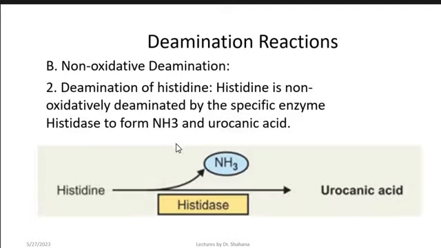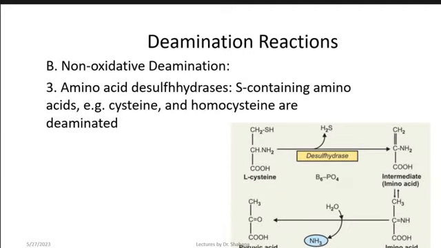सेकेंड हमारे पास हिस्टिडीन की डीअमाइनेशन, that is the non-oxidative deamination by the specific enzyme histidase, and it forms ammonia and urocanic acid. थर्ड है हमारे पास